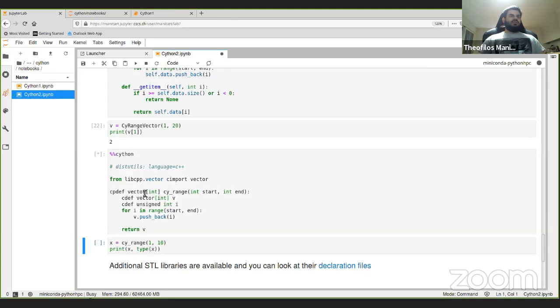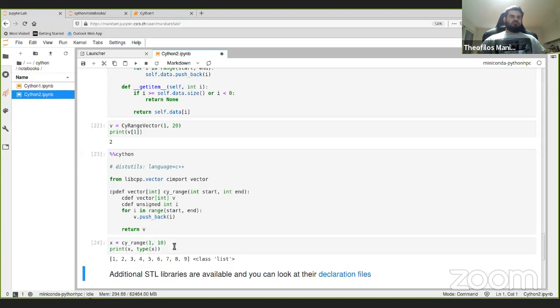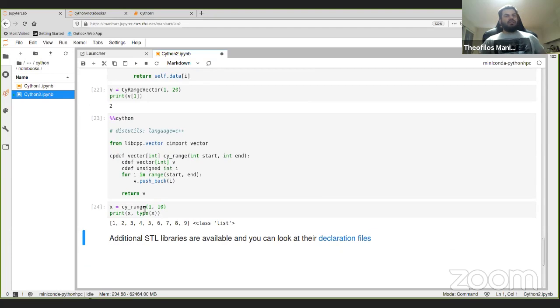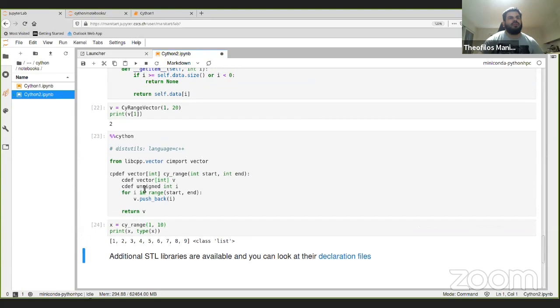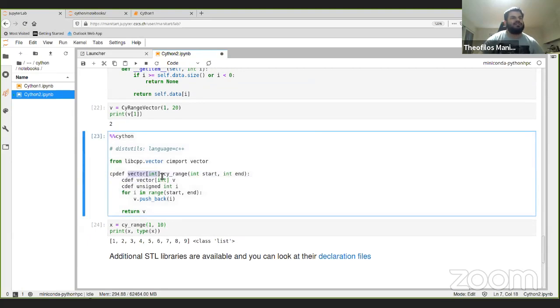A cpdef returning a vector of int, just in a SciRange. Look what's happening now. As long as I interact with this vector of int through Python,